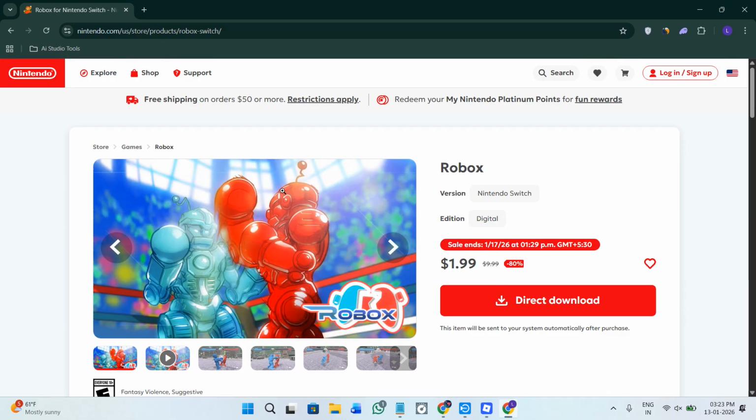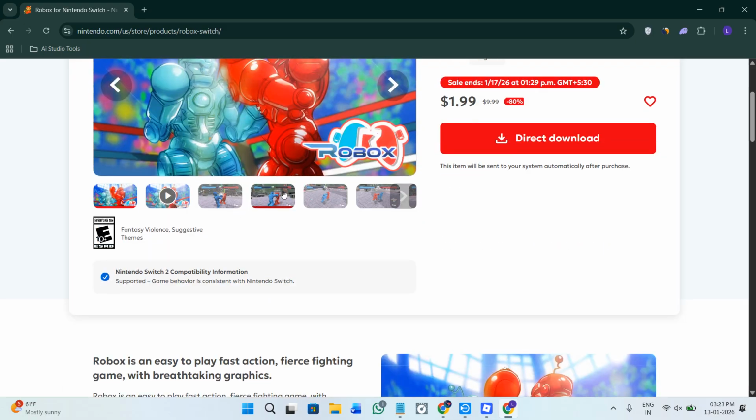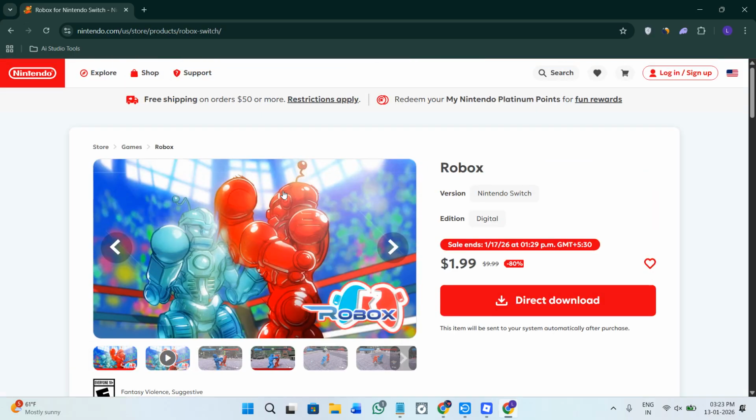You can play Roblox on mobile, PC, Xbox, or PlayStations, and you can even use the same Roblox account. If you want to play on a big screen, you can connect your phone to the TV and then you can use a controller if it is supported in the game. Now, if Roblox becomes available later for a Nintendo Switch or Switch 2, it will also show directly in the eShop section. So you just have to keep on checking the updates as well.